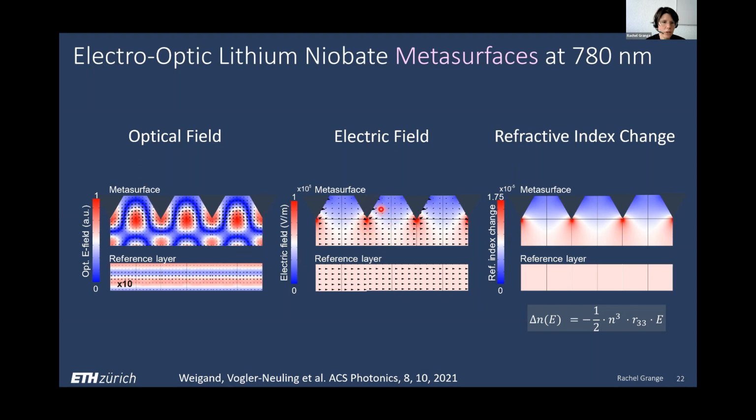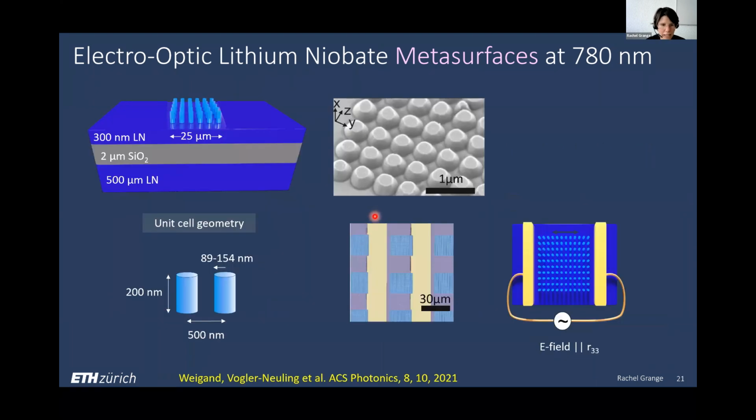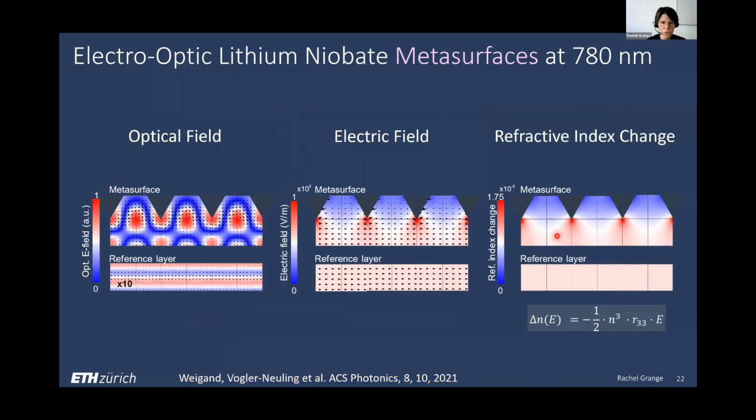And if you select the electric field that we are able to apply with the electrodes that are surrounding the metasurfaces, the metasurfaces are typically 20 by 20 micron. So here the electrodes are much farther apart from the structure than for the electro-optic modulator, right? For the electro-optic modulator, we had a sub-micron size waveguide with electrodes that were only 5 micrometers apart, and here they are 30 micrometers apart. So you really have to apply quite some field to be able to change the optical path here. And there are some enhancements, right, at those edges that we can take advantage of to change the refractive index